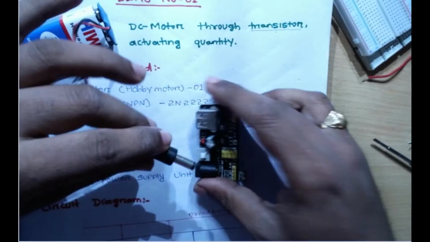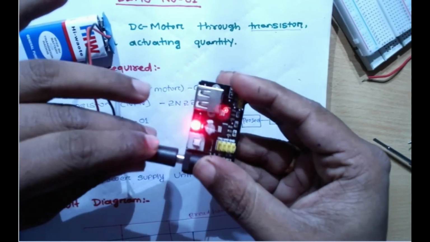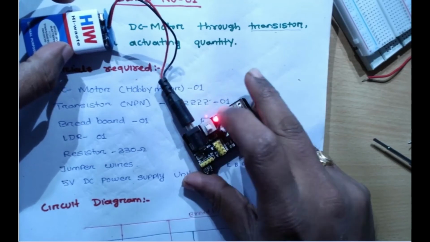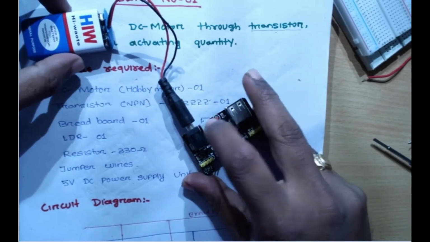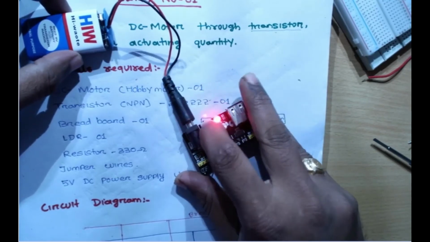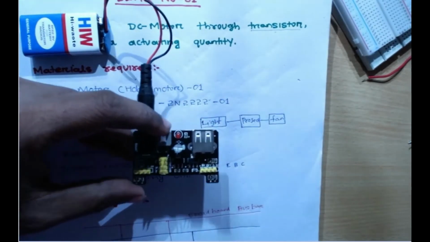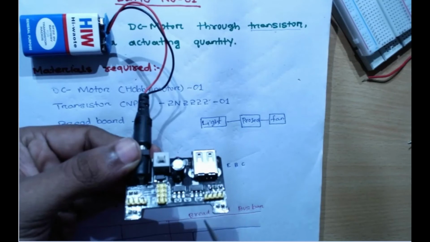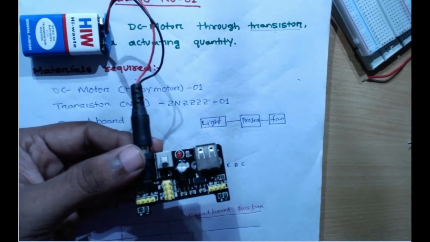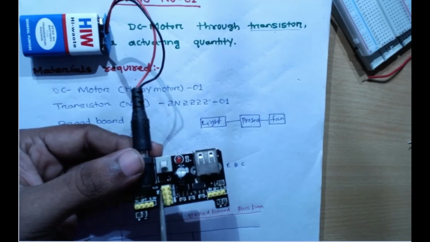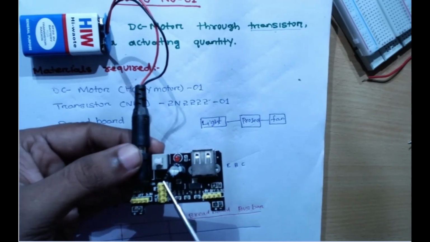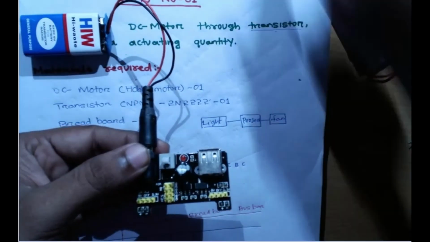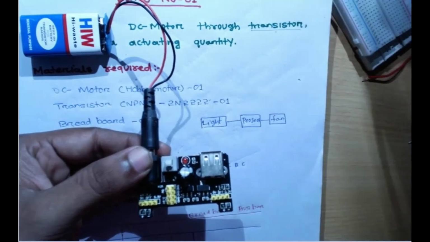Suppose I connect it to my DC power jack. You can see there is a red light glowing. I have a push button also, so I can switch it on and off. Switch it off. When there is a need of power supply, I will switch it on. From where am I going to collect the power? From the 5 volt. If you look closely, these are my pins. These first two are the 5 volt. The first and second are the 5 volt, and this whole total 4 pin is the, let me clear it.